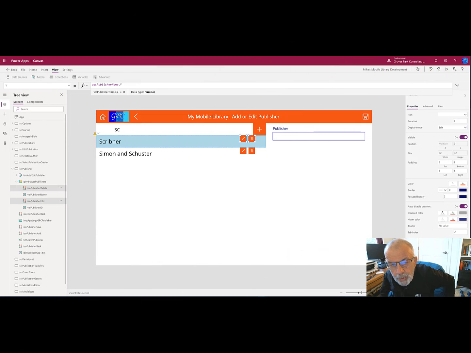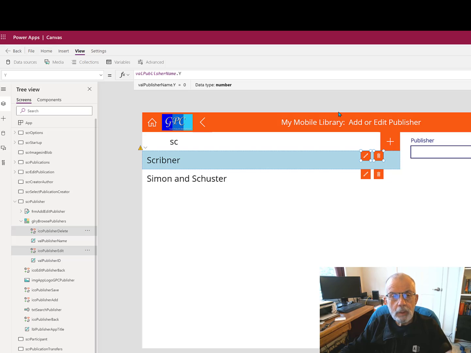Okay, I put my thinking cap on. I think I have a plan that'll make this work. So let's start with the same initial Y position because we want the top edge of both of them to be the same. And we'll select them both, so that'll happen. So we'll start with that Y position, and then we'll add